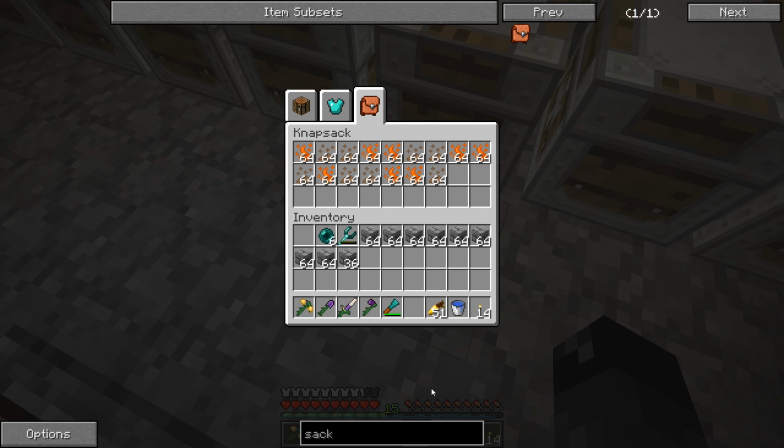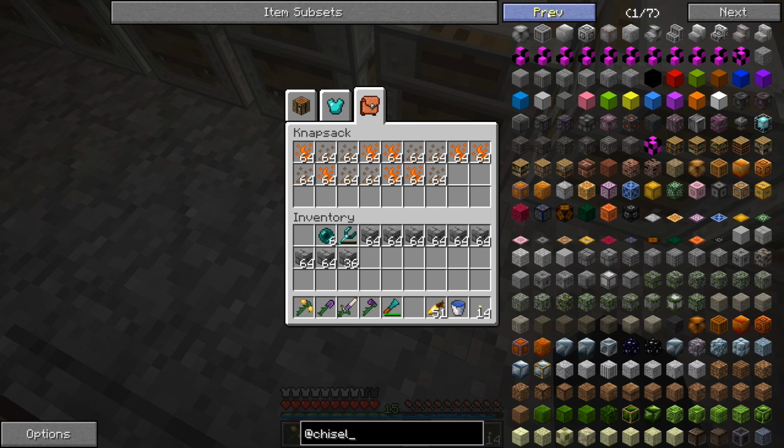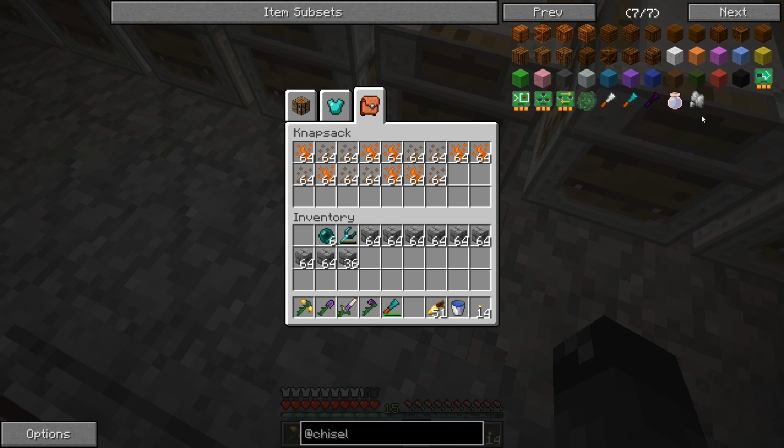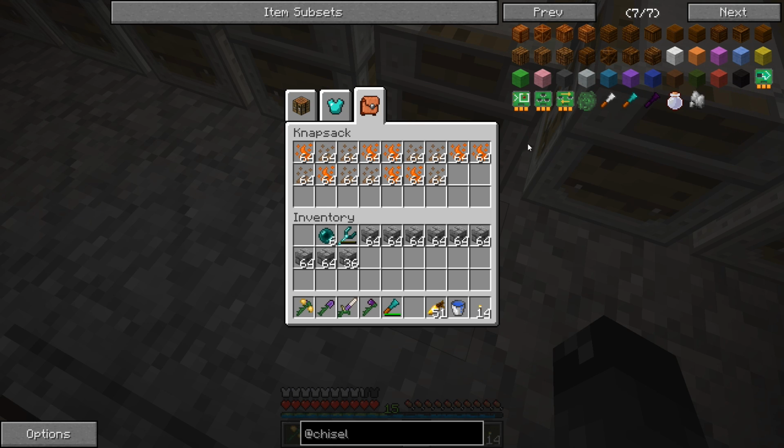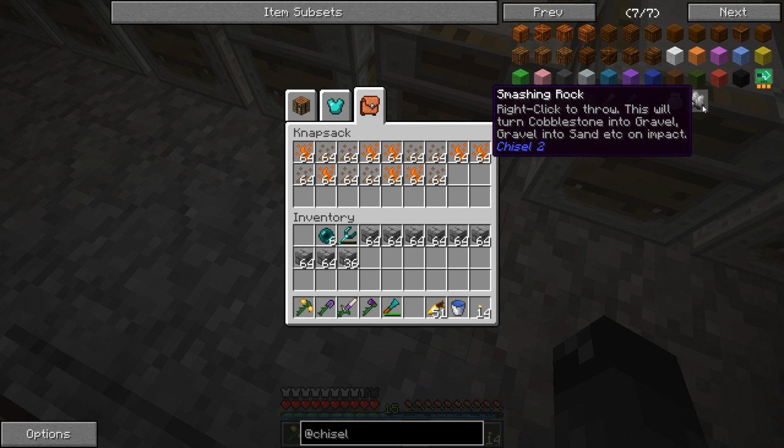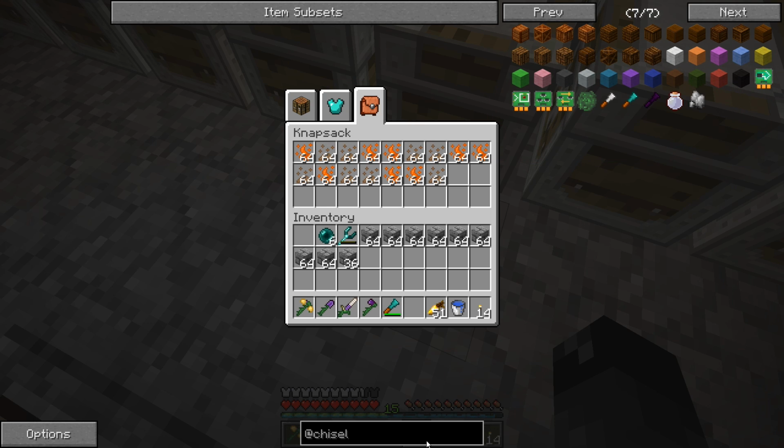The automatic thing from the Chisel mod, let's do Chisel. This thing right here is something that I wanted to look at as well. So we have the upgrades for it, but it doesn't show the auto chisel right here. So I don't know why that is. Let's do...